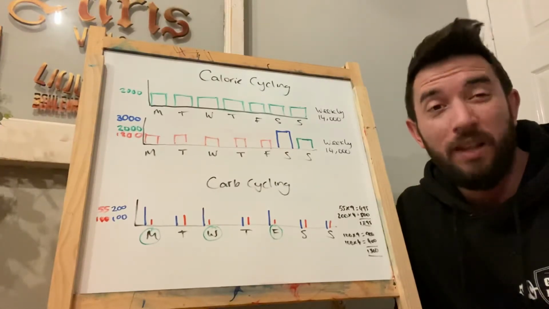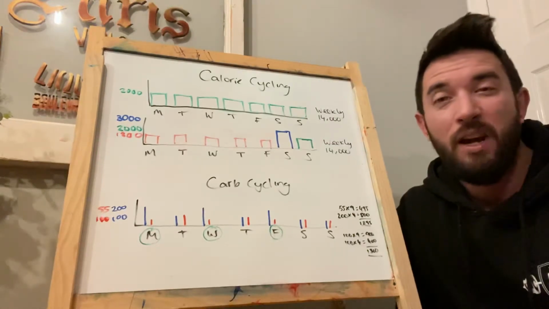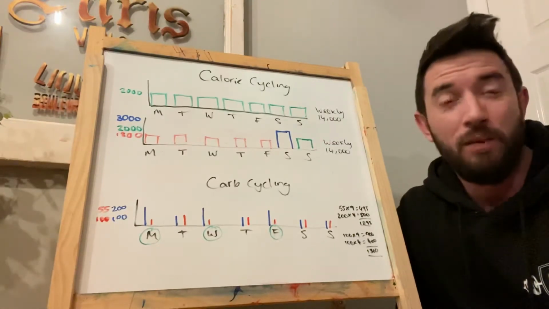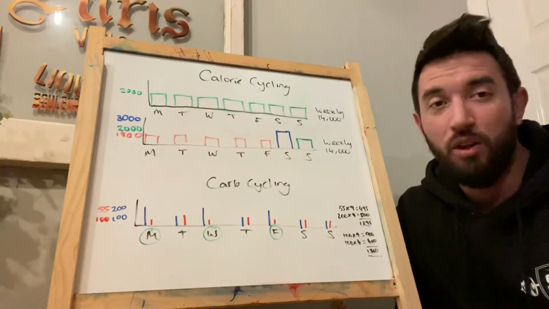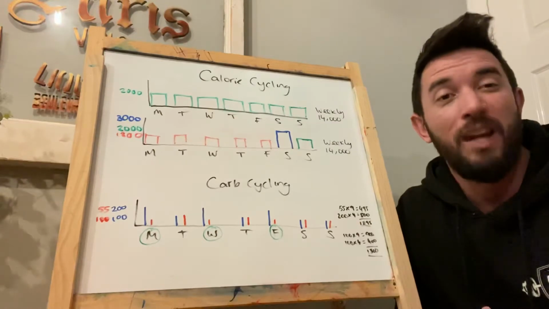And by falling off the wagon, you tend to feel that guilt. You feel the guilt, you go into a binge-restrict cycle. Then what you tend to do is restrict all week, binge on the weekend, and mess up your deficit or your progress. You end up going through the same cycle each week and not getting anywhere.